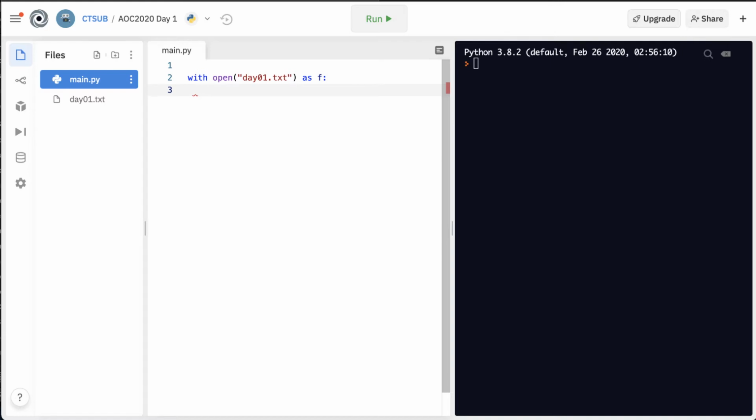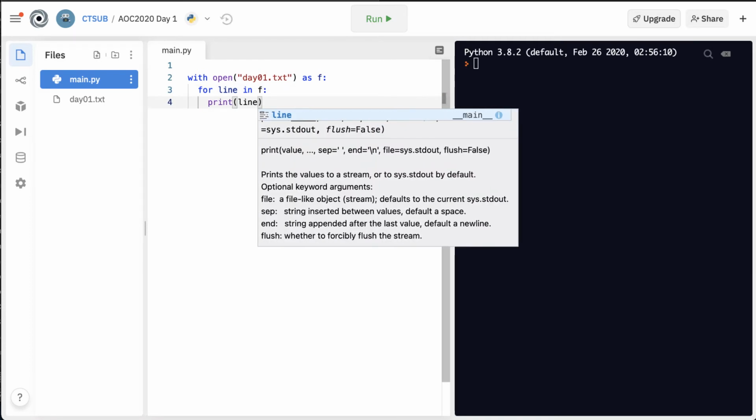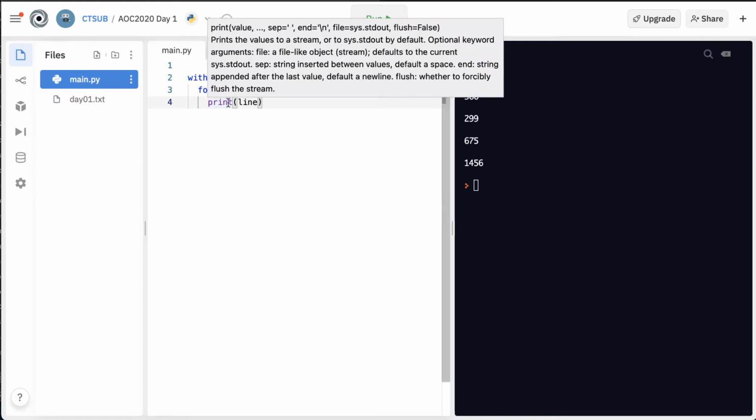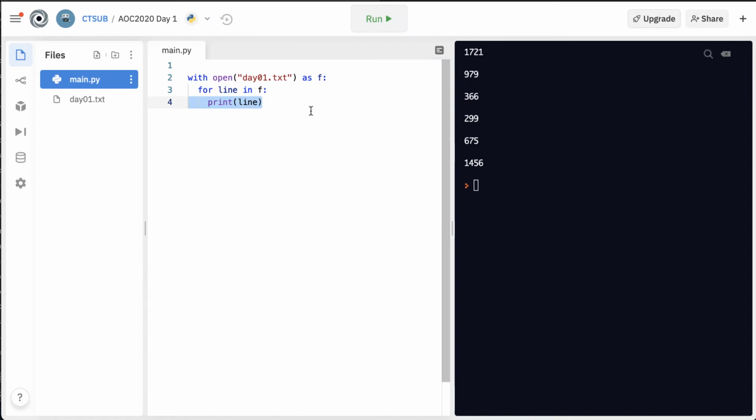And just to make sure I'm doing it right, I'm going to say for line in f. So for each line in that file, I'm going to print the line to make sure I did it right. So there you go. It prints them all out, which is exactly what I want. But what I really want to do is I want to have a list. So there's a couple different ways to do that. I can just make it into a list, or just to be super clear, I'm going to say